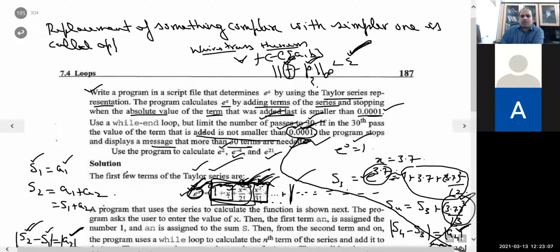It's called approximation. Simpler one in the sense which is easier to compute, which is easier to represent. Okay.